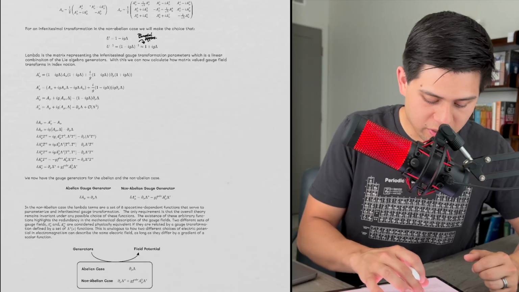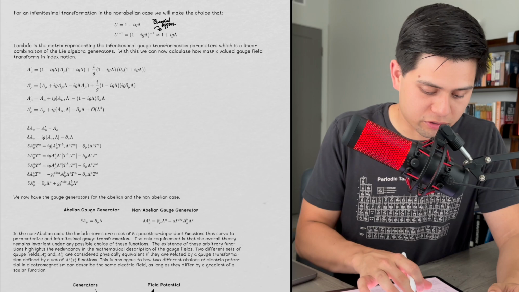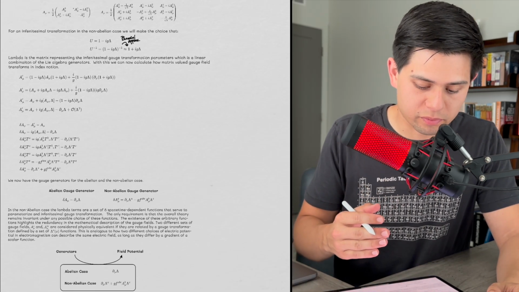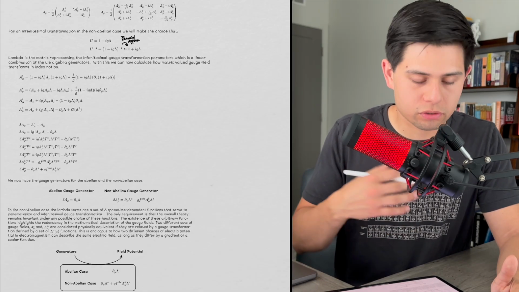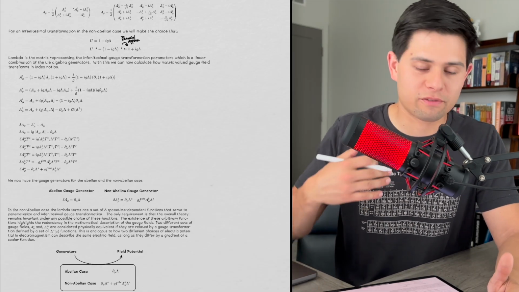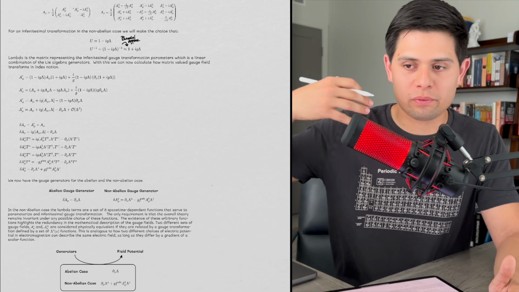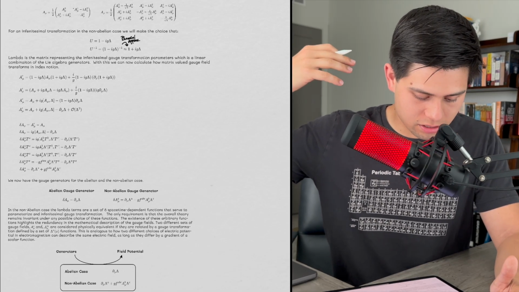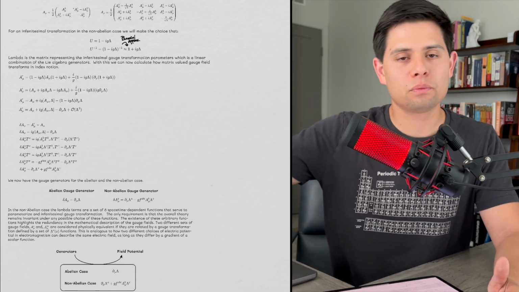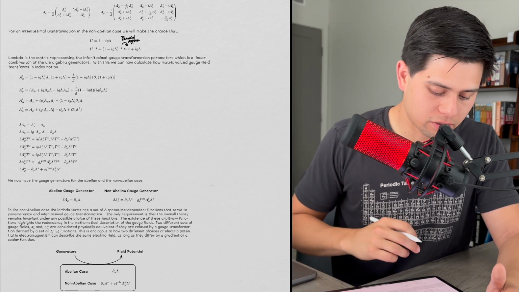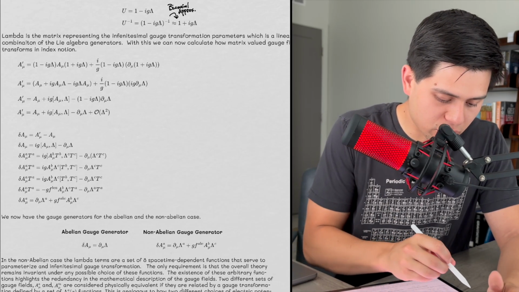Now let's do some more math here, because everyone here is in love with math, right? So the lambda is a matrix representing the infinitesimal gauge transformation parameters, which is a linear combination of the Lie algebra generators, which are the Gell-Mann matrices. I'm realizing now that I haven't presented the Gell-Mann matrices, but we don't have to right now. We can just say we have 8 of these matrices, and we're not going to take a look at them right now, but we'll see what the consequences are, and then we'll come back. We'll take a look at what these matrices look like later to solidify our understanding of all of this. So A mu